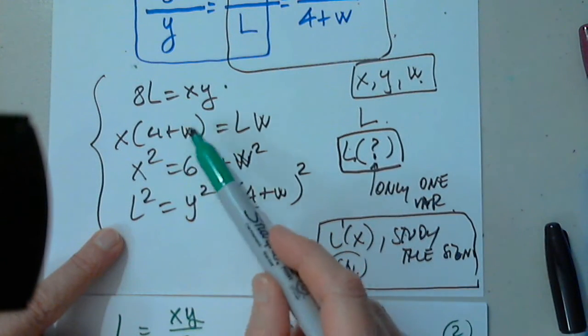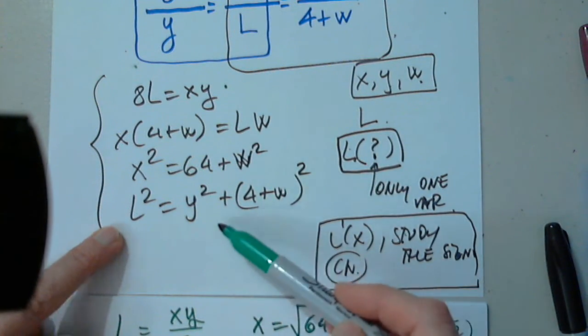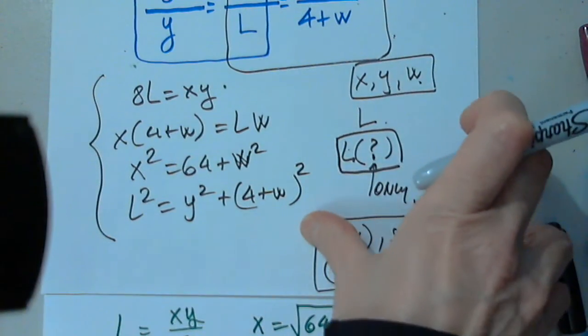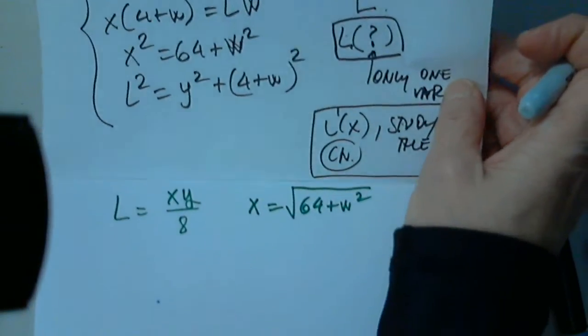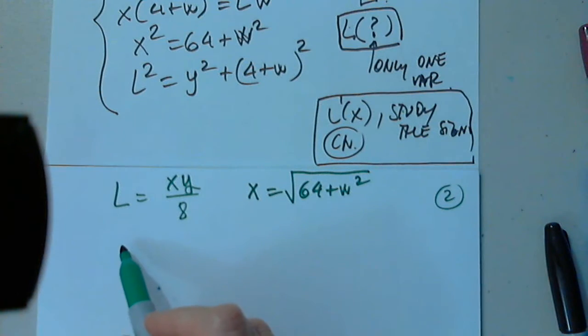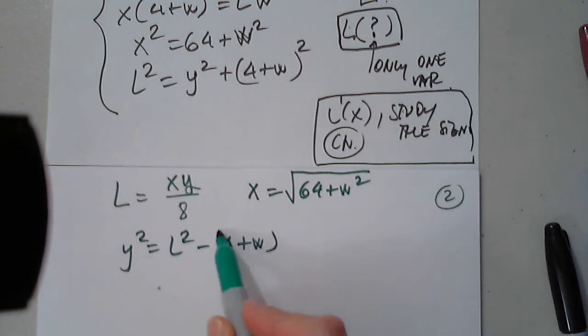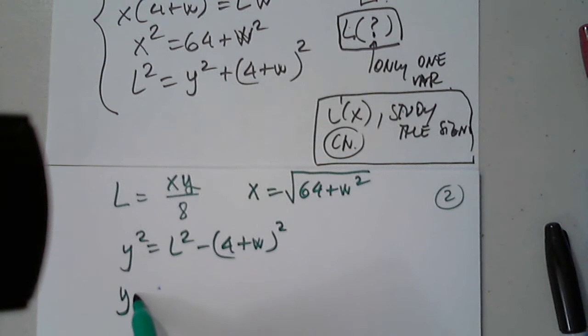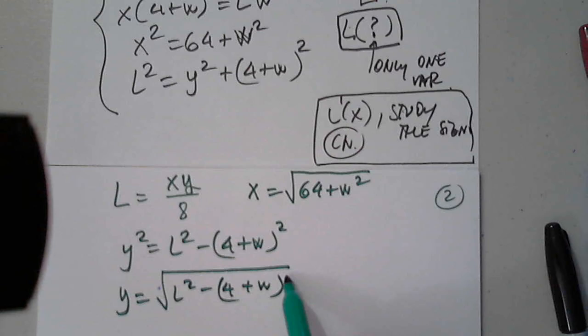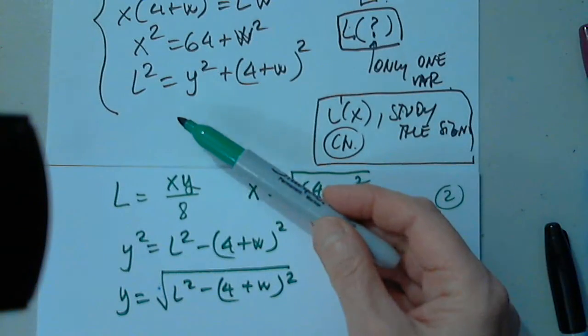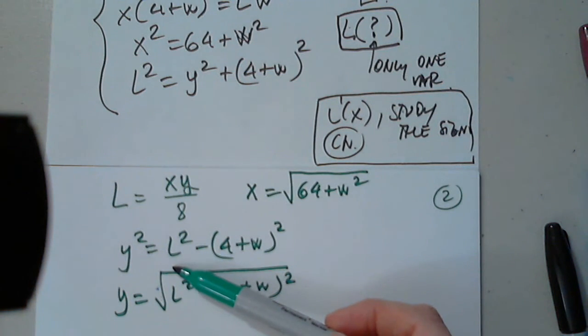Okay, let's see, where is my y? Okay, y will be here. Let me look at y. So y squared equals L squared minus 4 plus w everything squared. So then y is also the square root of L squared minus 4 plus w squared. I really don't want that, because L